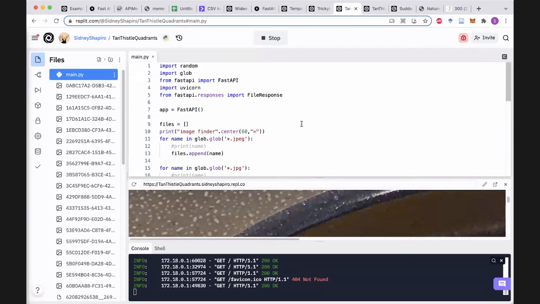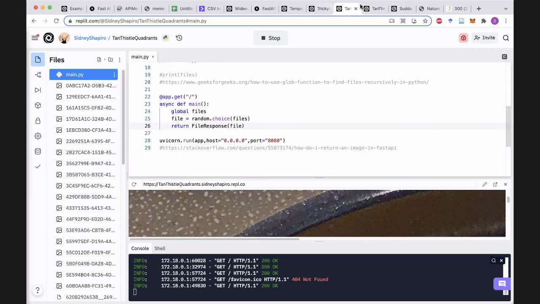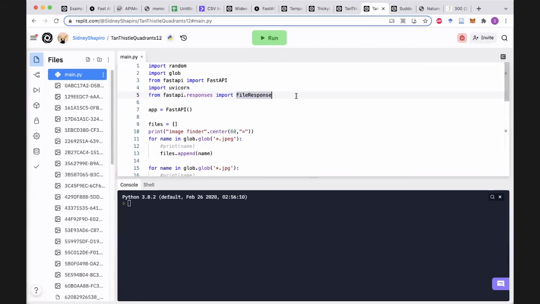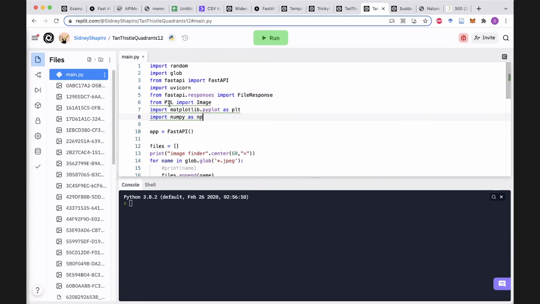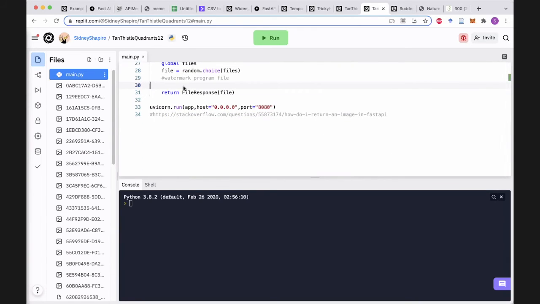Okay, so this is the original. I'll get rid of these changes. And then this is the changed one. Okay, so let's go up to the top and we're going to add in the 3 libraries that we need. Python Image Library, matplotlib, and NumPy. Okay, so we're going to focus over here. We got the image already. Do we want to do a text watermark or an image watermark? Yeah, we could actually